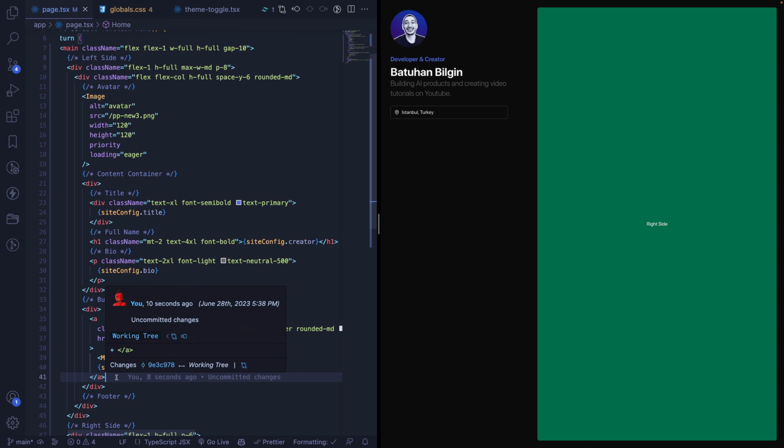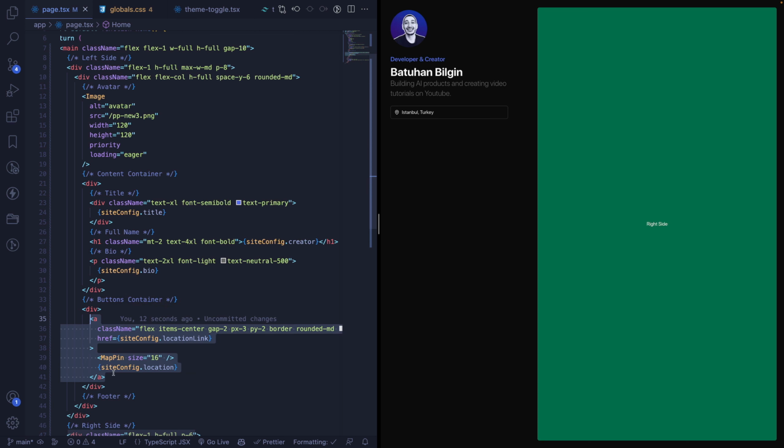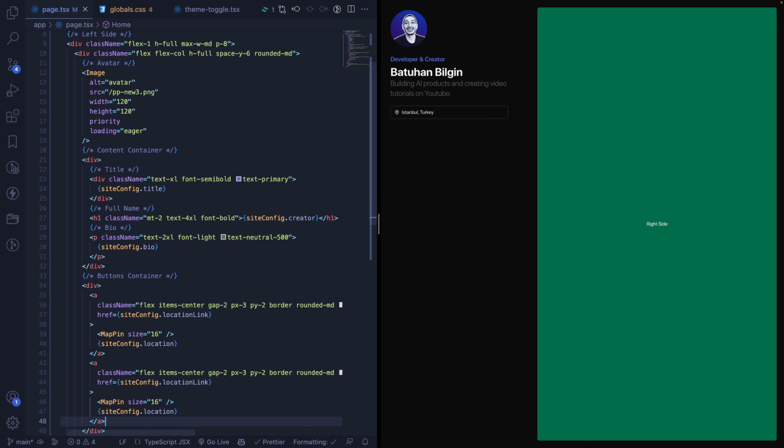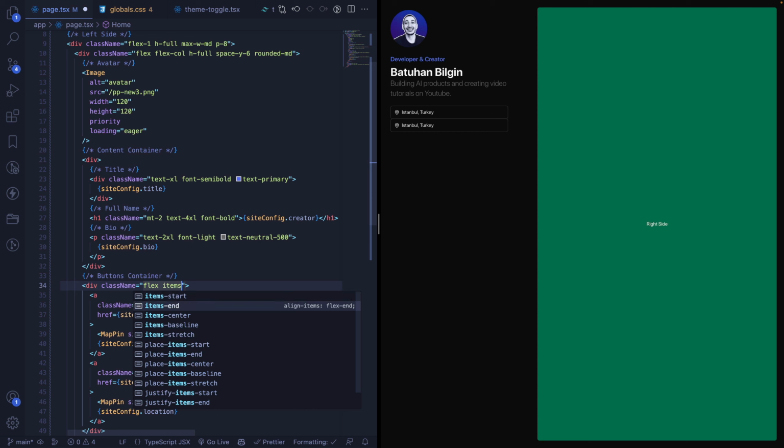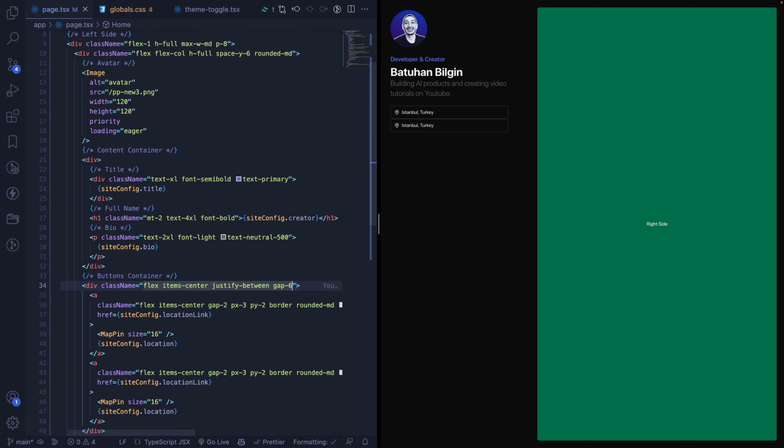And we will create another one here, and also we will make this flex items, center gap 6 maybe, and justify between like this. Yeah,